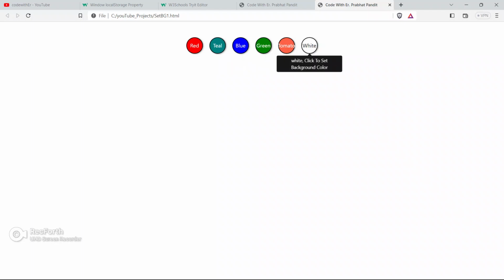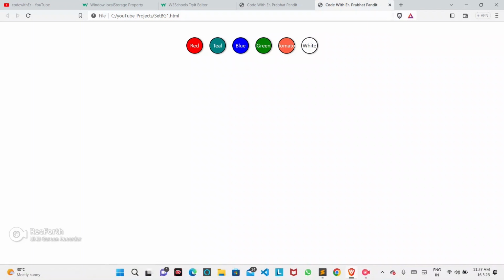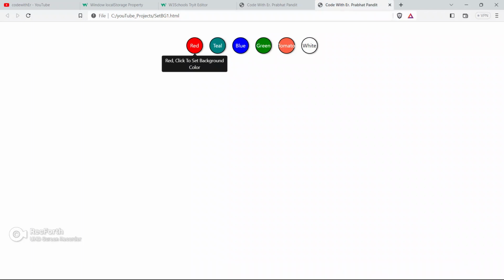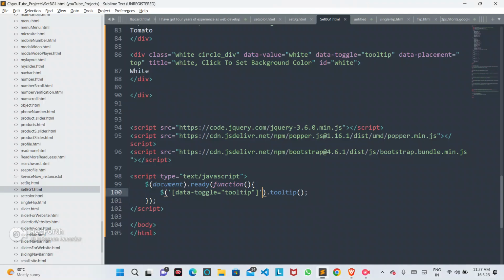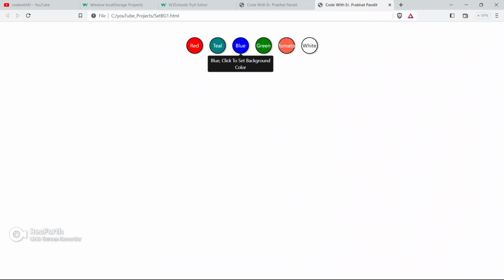Okay, so as of now guys, nothing will happen whenever we click on the button. So to get the functionality like this, we are going to write JavaScript now. Okay, so our tooltip is done now. This is the Bootstrap tooltip guys. It is very informative guys. Use this tooltip in your application also.